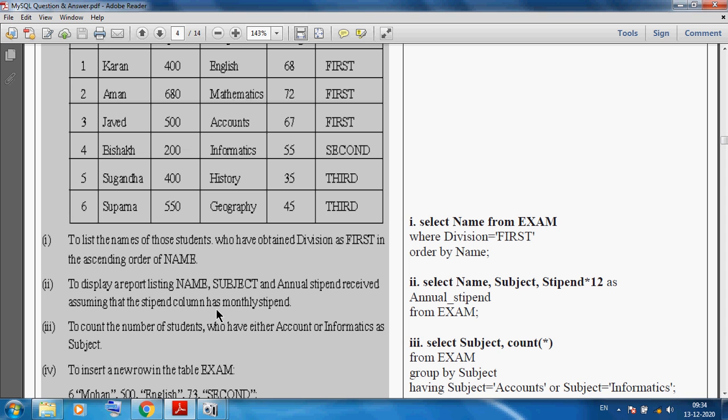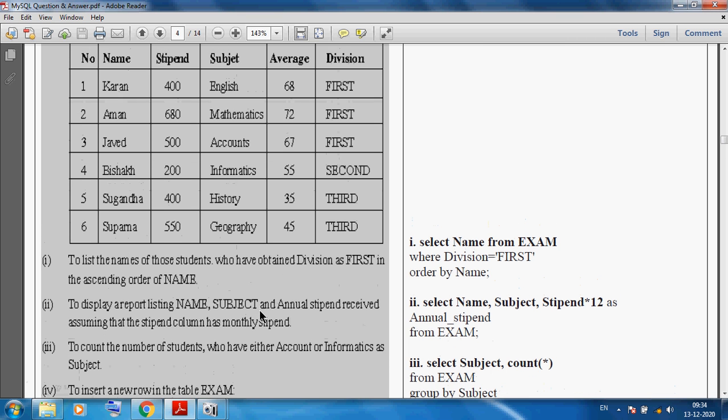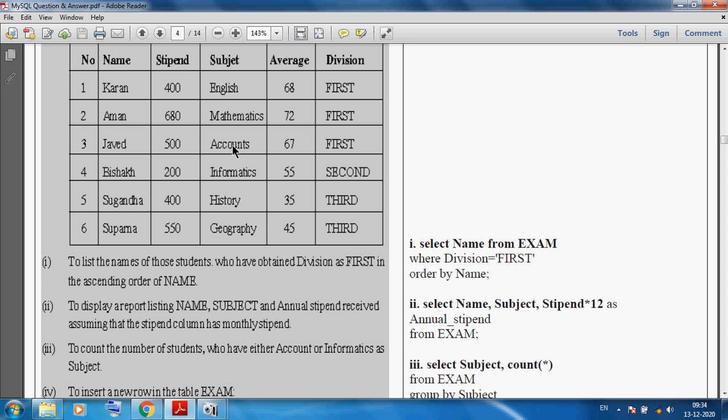Okay, now: to count the number of students who have either accounts or informatics as subject. So we want to see only accounts students or informatics students. You can see we have Javed and Bisak, only 2 students. Either accounts, informatics or both we can see. So simply we can use